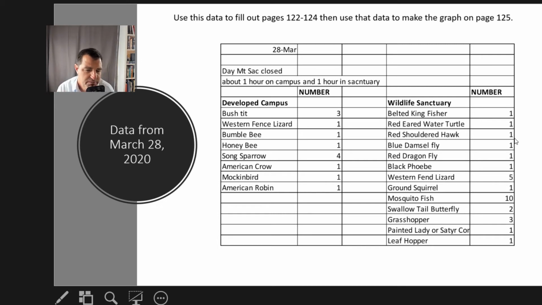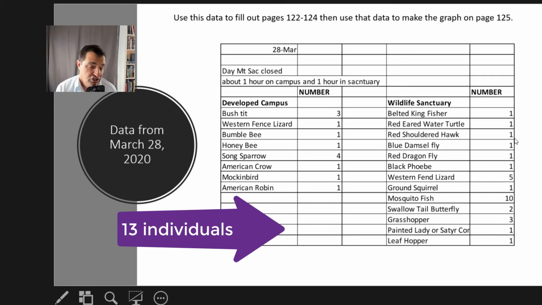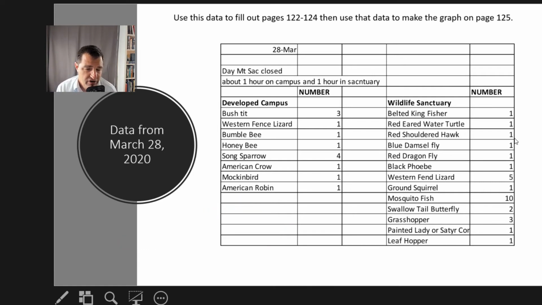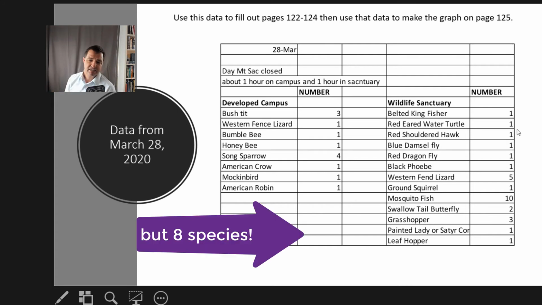I saw 4 song sparrows on the developed campus and 1 American crow. Those count, if you're counting the individuals: song sparrow, I saw 4 of those; American crow, I saw 1. But when you're doing the graph on page 125, you're supposed to be plotting the number of species. So if I counted the total, I see that on the developed campus, I see 7, 8, 9, 10, 11, 12, 13 different individuals. But you're supposed to make your graph on the number of species. So 1, 2, 3, 4, 5, 6, 7, 8, I think is what I count there in terms of total